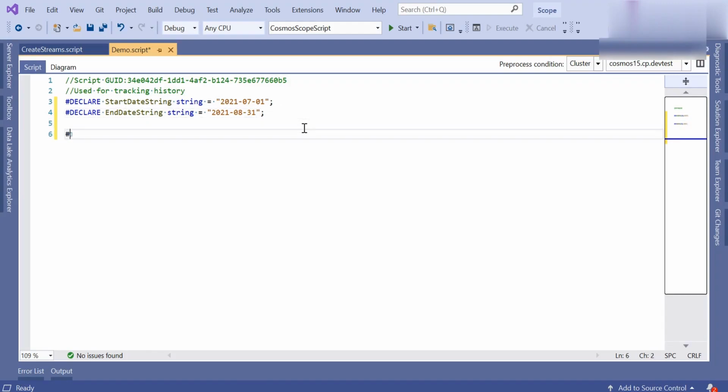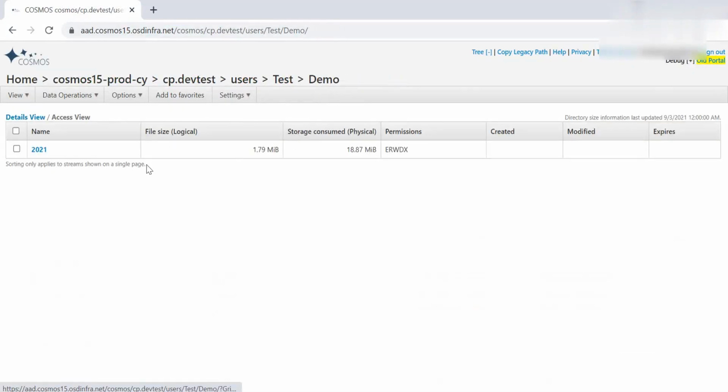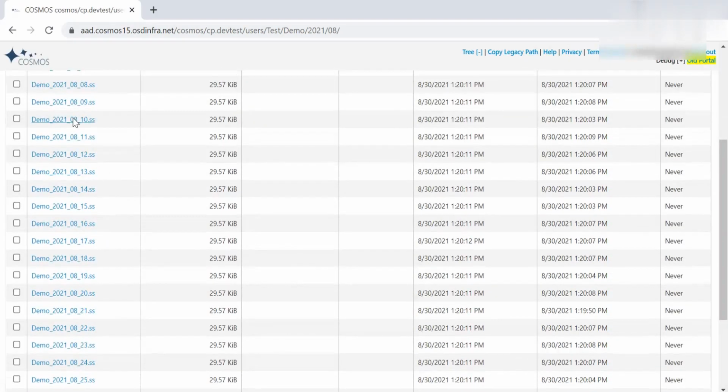Next, we have to create a variable for the stream path, from which path we have to read the stream. If you observe, all these streams have the same date pattern: year, month, date.